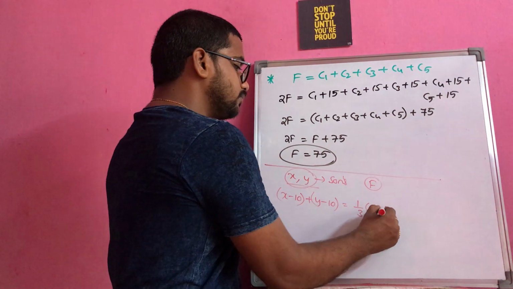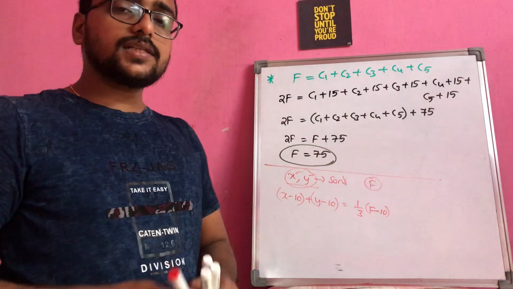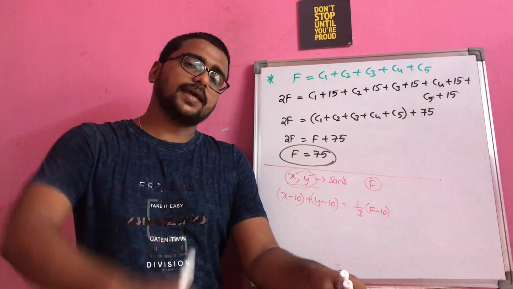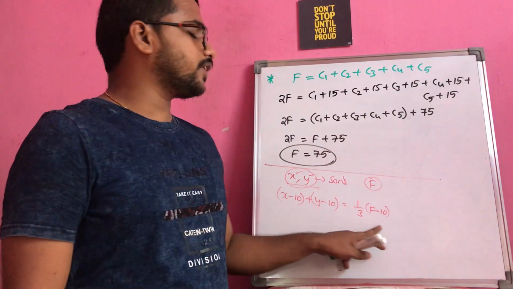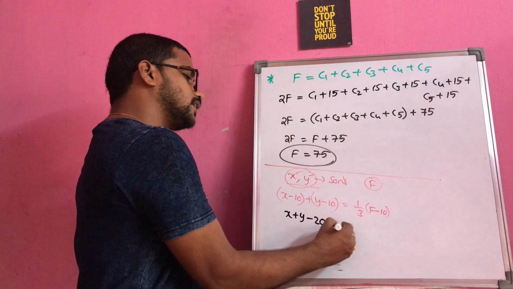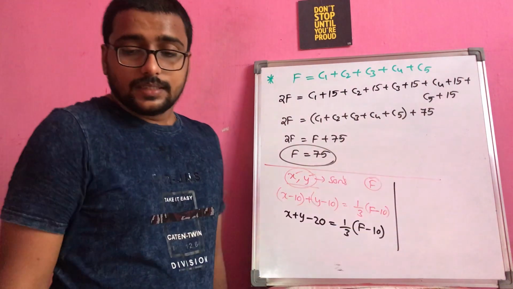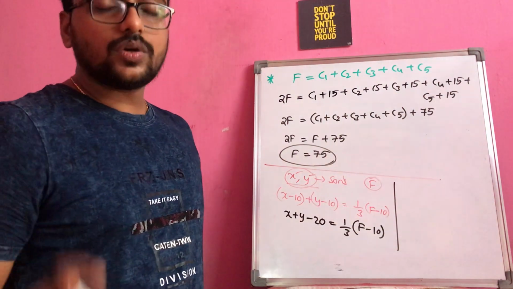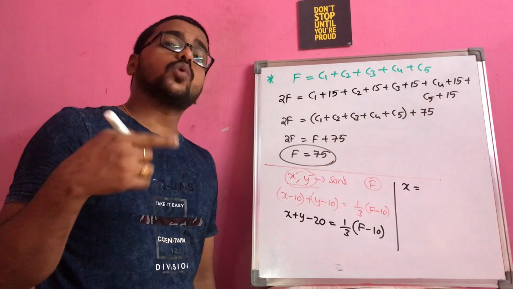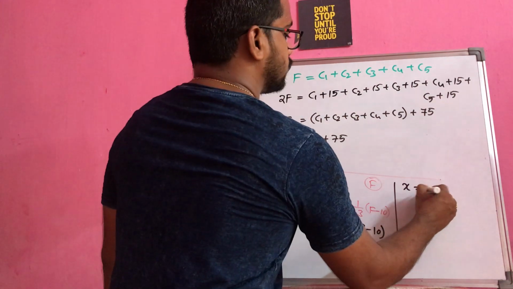So these are all the current ages we had taken. So present ages are X, Y and father's age is F. So when they say about the 10 years ago information, we reduced for everyone. So this is nothing but X plus Y minus 20 is equal to 1/3 of F minus 20. This is the first information we are having. See the continuation. One son is 2 years older than the other. 2 years older means his age is more by 2 years. So let us say X is equal to Y plus 2.